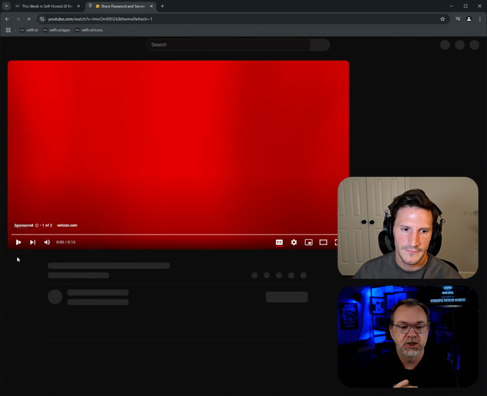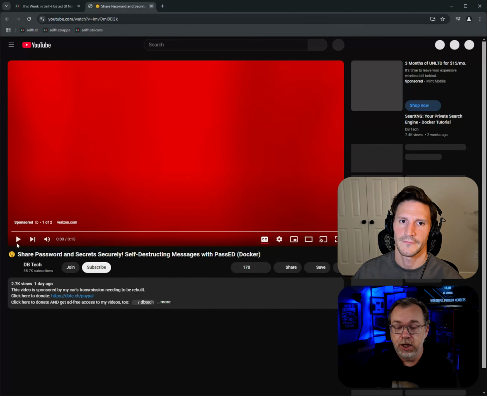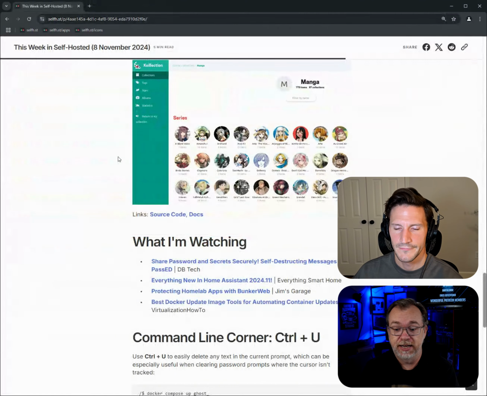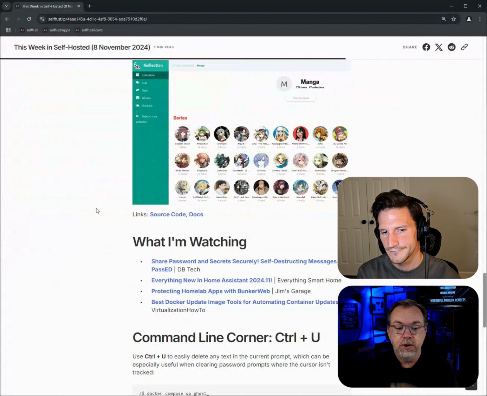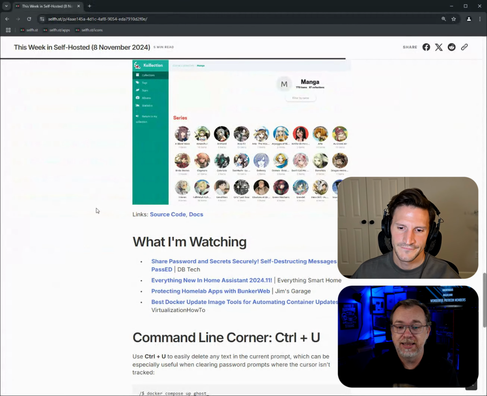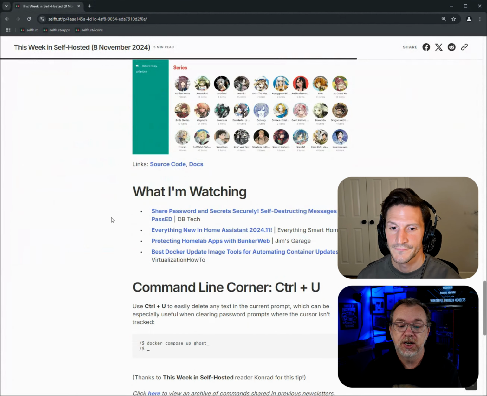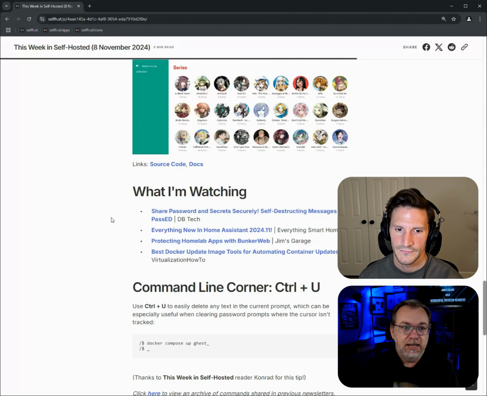It's got a long string of characters in the URL. Nobody's ever going to find it. But you can also share messages, anything in text, basically, and you can say, look, it's a one-time read and it's gone no matter what.